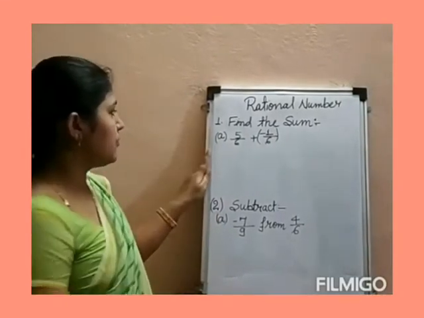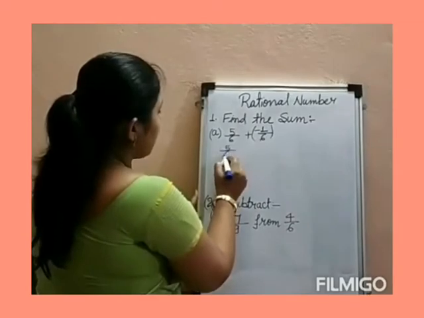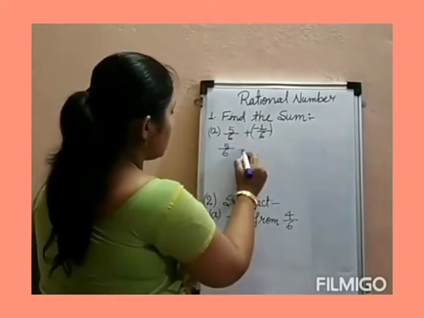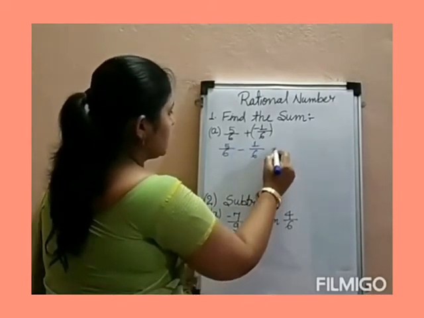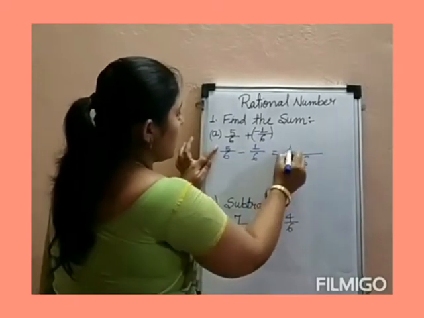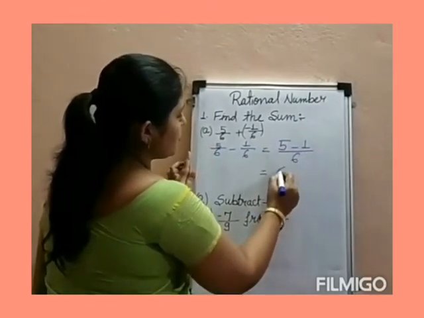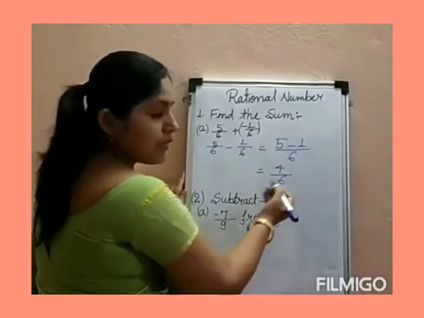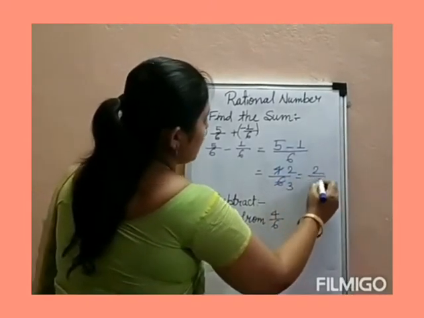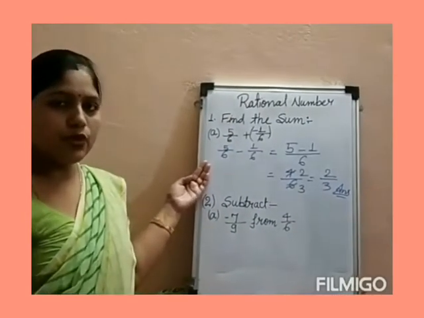So that is find the sum. Find the sum 5 upon 6 plus minus 1 upon 6. So we can write here 5 upon 6 plus, when we remove the bracket, this minus sign will be here. So minus 1 upon 6. Because the denominators are same, we will write here 6. 5 minus 1 equals to 4 upon 6. We can cancel this number by 2. So 2 2s are 4. 2 upon 3 is the answer. I told you that kind of exercises we have done in 4th, 5th and 6th.